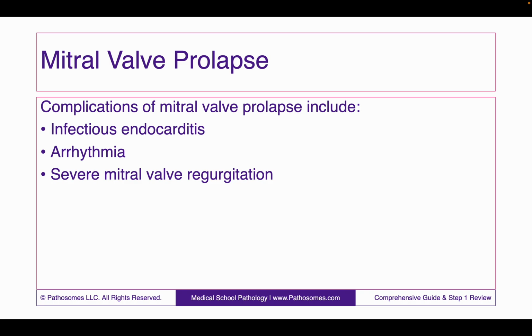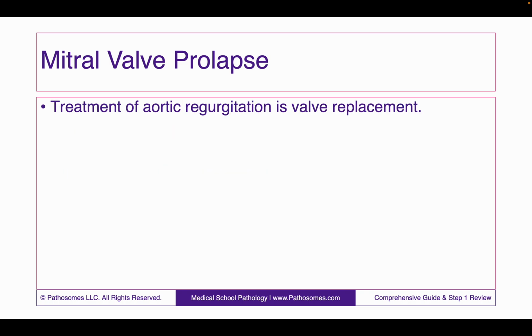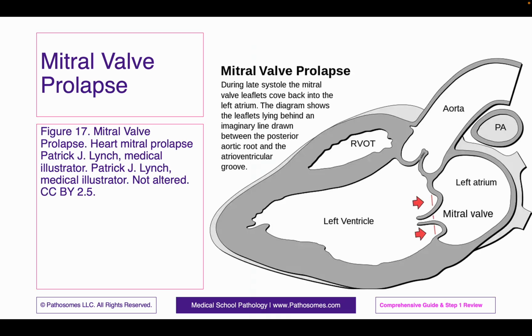Complications of mitral valve prolapse include infectious endocarditis, arrhythmia, and severe mitral valve regurgitation. Treatment of aortic regurgitation, by the way, is valve replacement, as well as mitral valve prolapse issues. Regarding mitral valve prolapse,